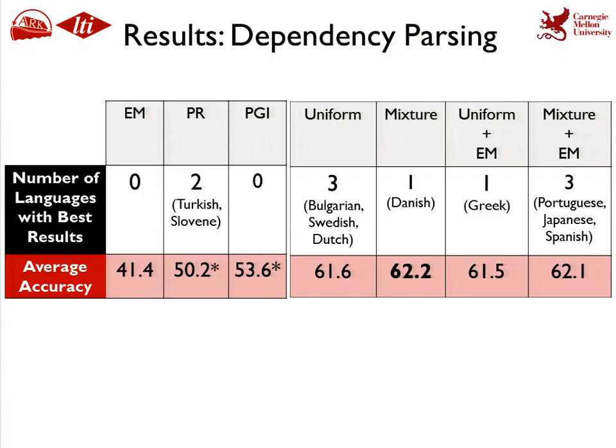But overall, the take-home message is that interpolation of this form can be useful to develop in a very swift way. If you want to build prototype dependency parsers, you can use this method.